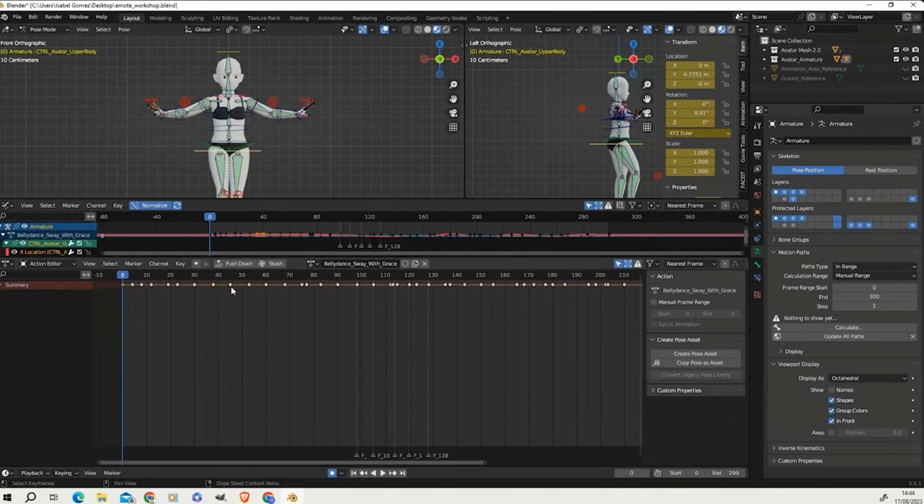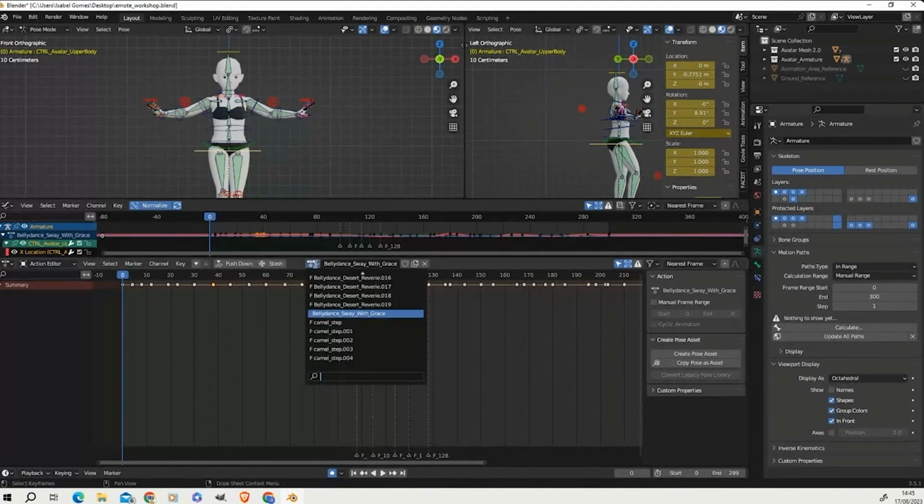Each dot in here, each of these points in here is a keyframe. And this here is the browse action menu. I've chosen this one because later I'm gonna share with you my process for animating, and I wanted to share with you the 19 versions of the belly dance emote. But before we go through that,